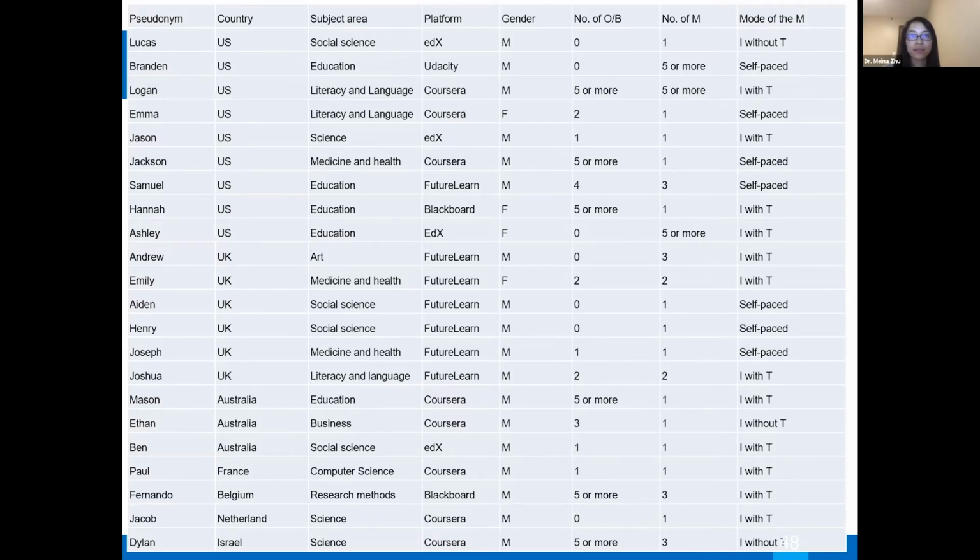Next slide, please. Yeah, and by the way, Mena, we only asked her to do like 15 or 20, she did 22 interviews. Some of those people, as you see in the upper right, I without T means instructor without a teaching assistant. Those were the crazy people that were teaching without any help. So if you look at this long enough, there are a lot of interesting things there, but we'll move on.